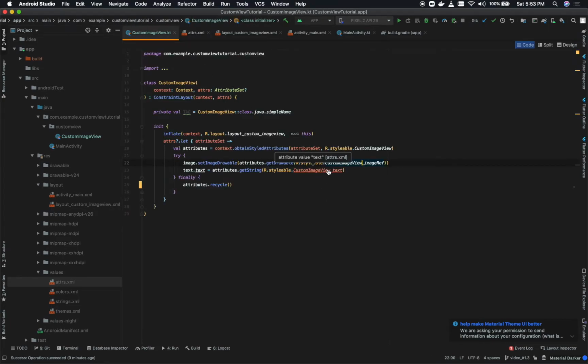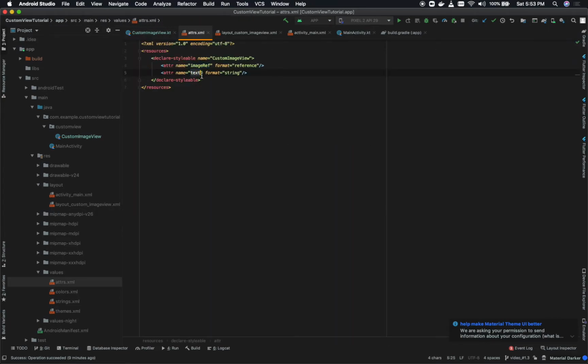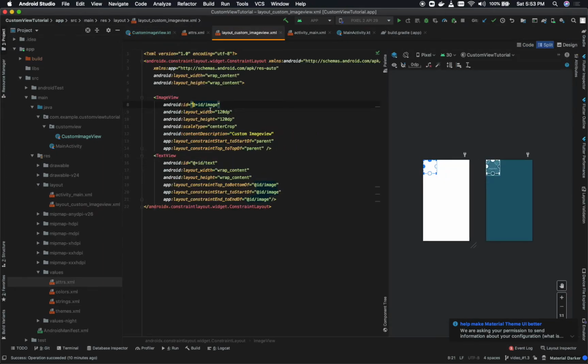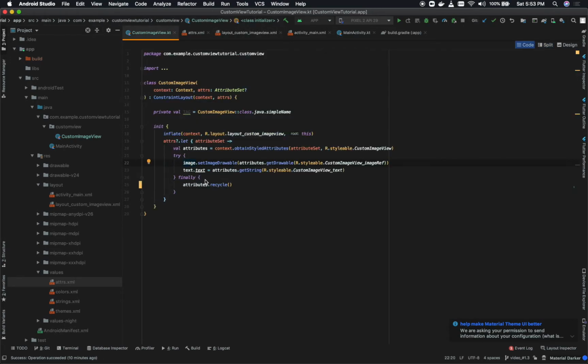And using them, I have used my IDs which I have created in this particular layout, my custom view layout, and used them to inflate these images as well as text. That's it. And then at the end I just recycle those attributes. So that's in a nutshell what I have done.